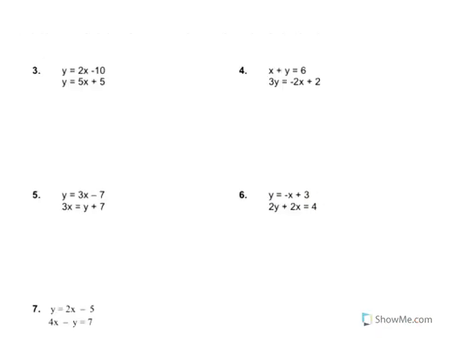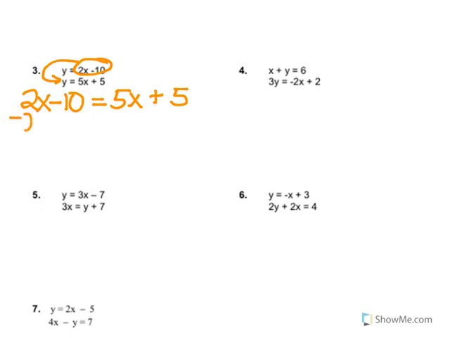Okay, let's look at number 3. We have y equals 2x minus 10 and y equals 5x plus 5. So what we want to do is substitute. You can either take this 2x minus 10 and substitute it for this y, or you can take this 5x plus 5 and substitute it for this y. So it doesn't really matter. I'm going to take this top one and substitute it for that y right there. So since y equals 2x minus 10, I'm going to put 2x minus 10 substituted for the y in y equals 5x plus 5. And so now we only have one variable, and now we can